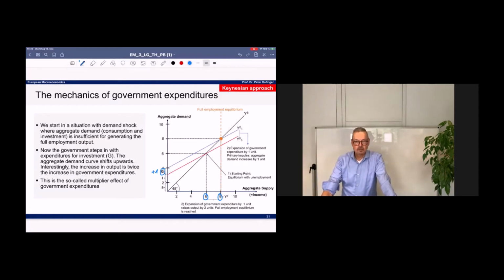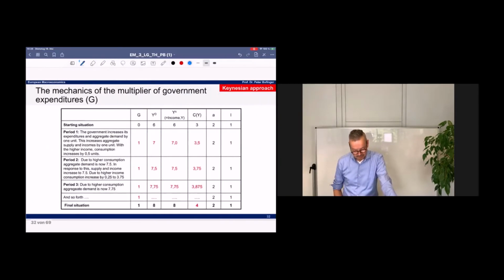Of course, it's also a kind of theoretical approach, because in reality, maybe it doesn't work so simple as we've described it. But I think the important thing to know is, of course, that the money circulation does not stop. So it's kind of circular flow where whenever money comes to households, they use it to spend it. And this creates more demand, creates more incomes that are spent again. So I hope that you somehow got this message.